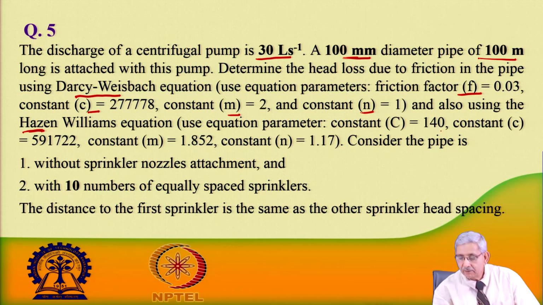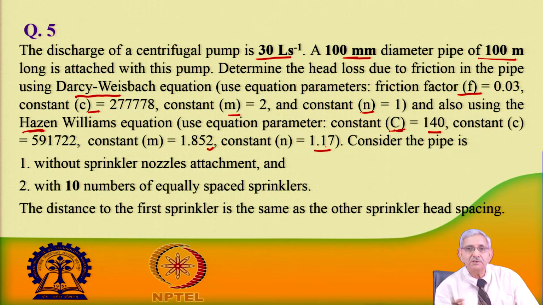In this particular equation, it involves capital C. Capital C deals with the pipe material and then the diameter of the pipeline. So, capital C is given as 140, and then small c is given, and then constant M is 1.852, constant N in this equation is 1.17, and then considering the pipe is running